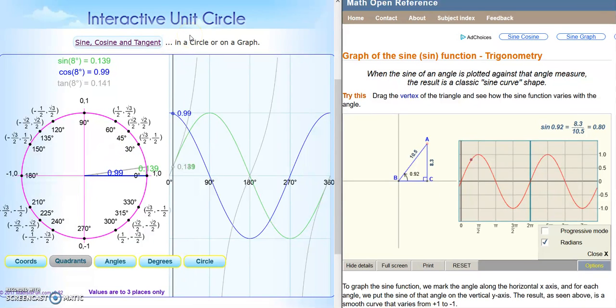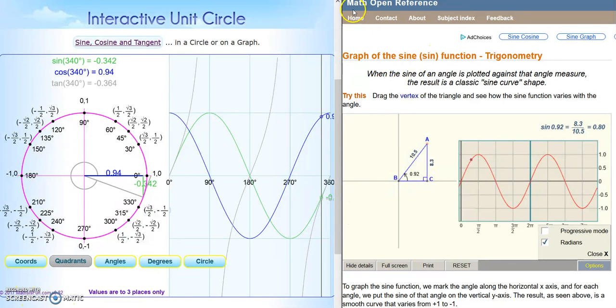Hello there. Today we're going to be looking at the unit circle and tying it into a little bit of geometry. Here I'm using two interactive applications, one from mathsisfun.com and the second from Math Open Reference. Both of these sites have plenty of fantastic resources, and I will have those posted on my website in addition